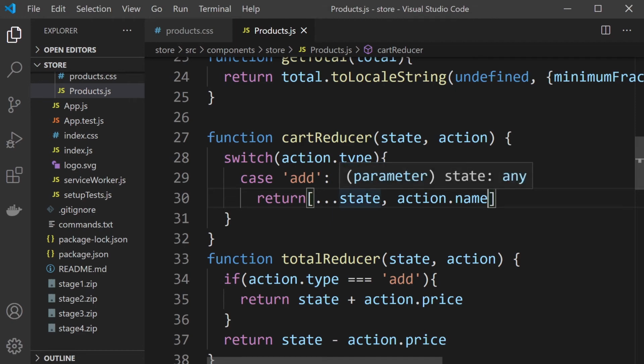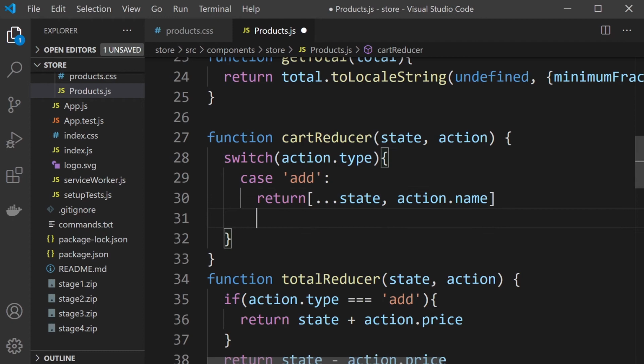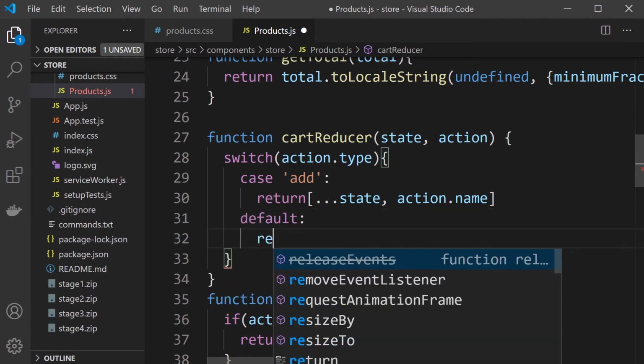So typically when we utilize switches, we normally also add a default. So let's go ahead and add the default. So the default is just to return